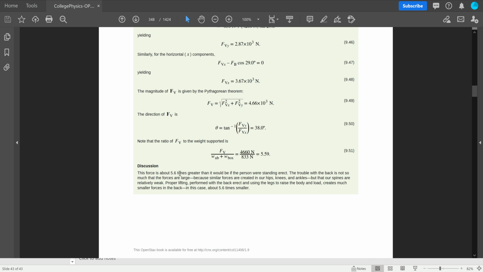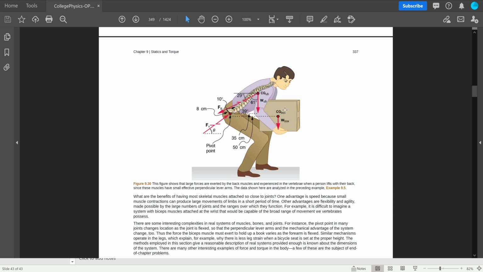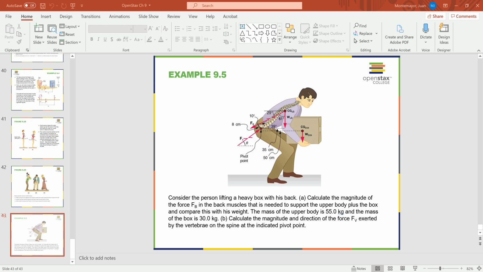So this force is about 5.6 times greater than it would be if the person were standing still, upright, erect. The trouble with the back is not so much that the forces are large, because similar forces are created in our hips, knees, and ankles, but that our spines are relatively weak. Proper lifting performed with the back erect and using the legs to raise the body and load creates much smaller forces on the back, in this case 5.6 times smaller. So if this person were standing straight up, this box wouldn't feel so heavy. And that concludes chapter